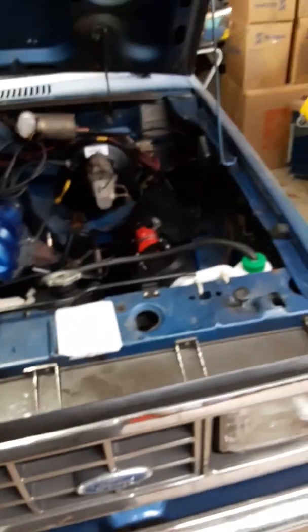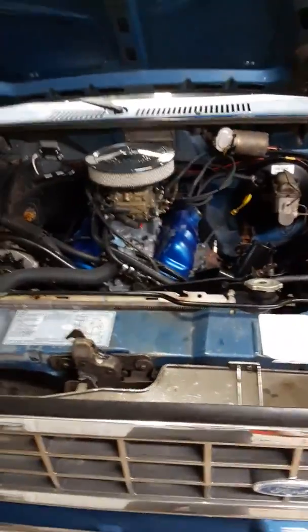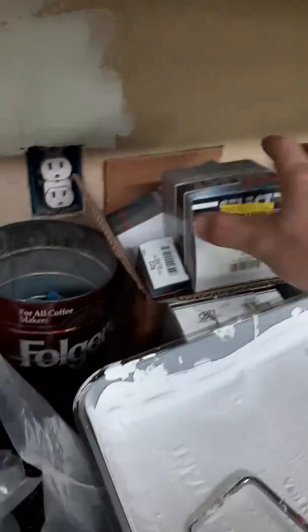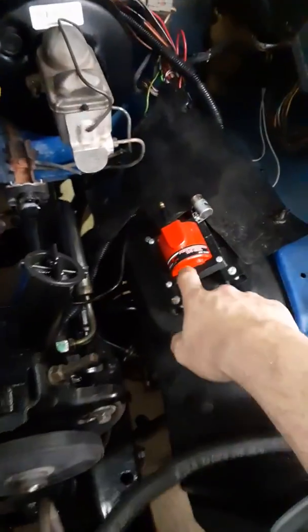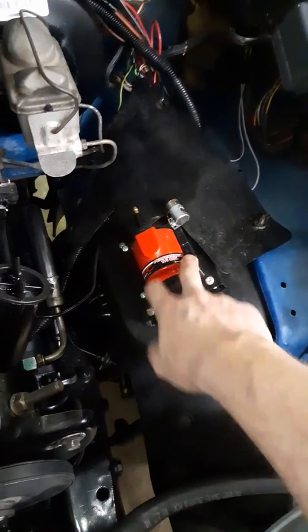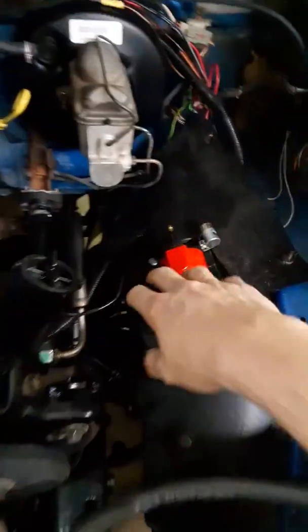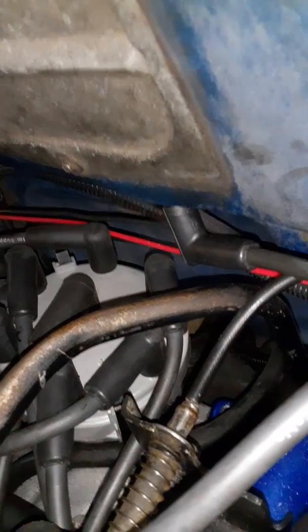She's still sitting here, but a few changes have been done since my last video. I'm not running the DuraSpark. I'm sorry, guys, that I have not updated y'all that I got rid of the DuraSpark. That's all the DuraSpark stuff, minus the computer thing that fried on me. I went through 3 of them. It was sitting here, which is now an MSD coil, or TFI coil, MSD, whatever. It's the same company. Instead of running the DuraSpark, well, I still have the DuraSpark distributor somewhere, there it is. But